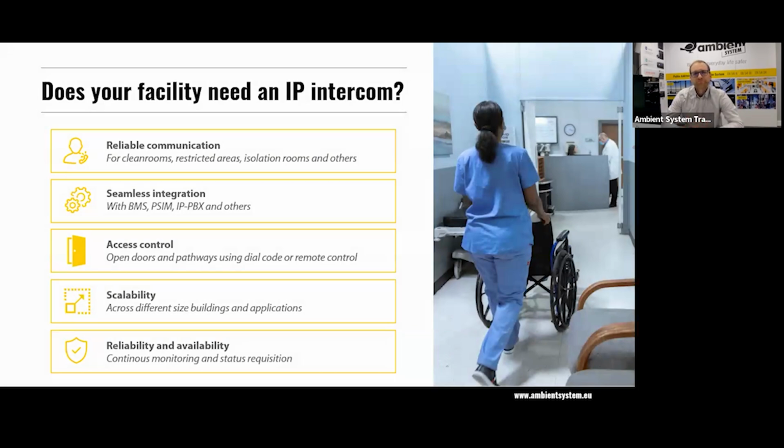So the question is, do you need the IP intercom system? And the answer is, well, if your system needs reliable communication with the sureness of usage in any condition, any environment, for example, a noisy environment due to some kind of medical equipment, or an environment in which the noise around is constantly changing, we can use IP intercoms equipped with special algorithms that improve the speech intelligibility